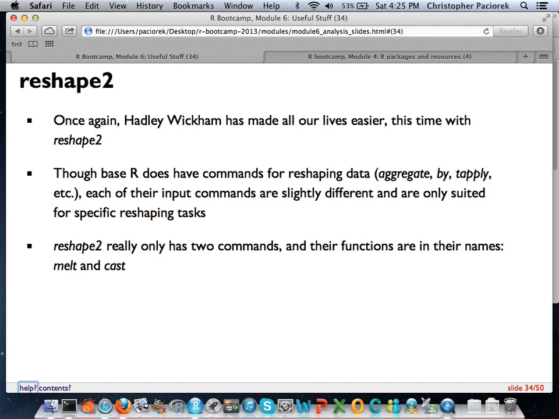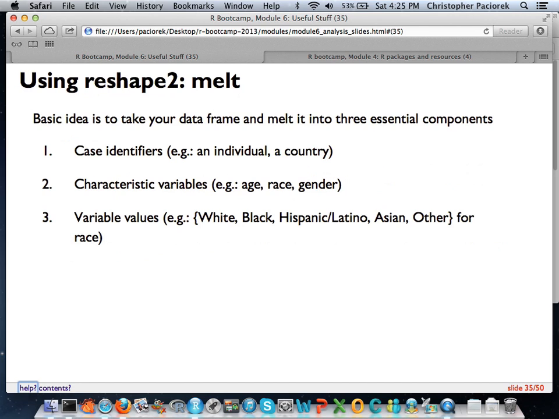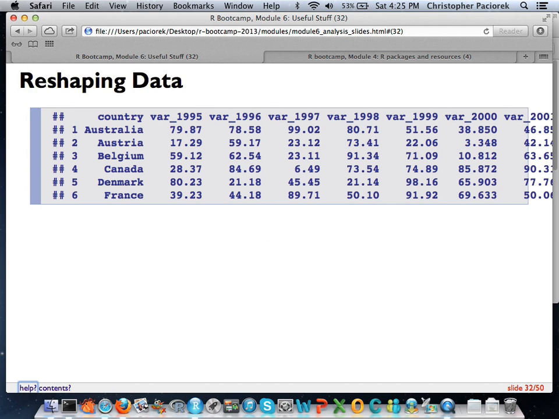And so there's two basic functions within this reshape package that you really need to worry about. One is melt, and one is cast. So you have to think about what the guy who wrote this was thinking of. He wants to take this data set that is cast some way as you get it. He wants to take the columns and the rows and melt them down to some basic level that you can deal with. For instance, in the example that I had up here before, we might want to take all of these columns here and collapse them into maybe one column that's an indicator of whatever this variable is, and then have one column for values. That's the idea of melting this object, right?